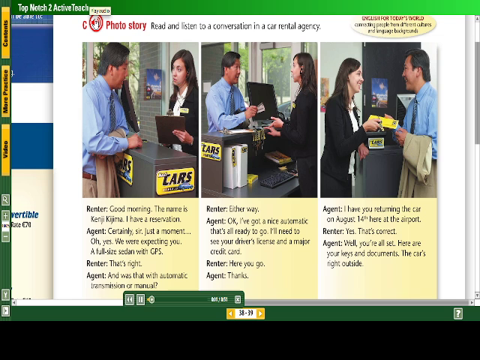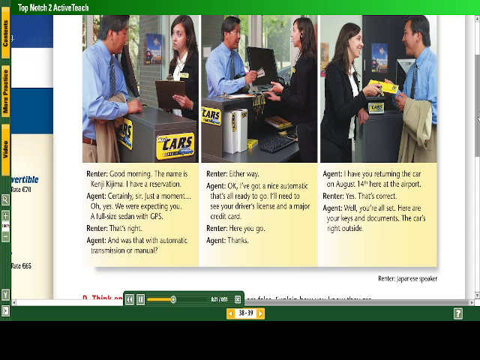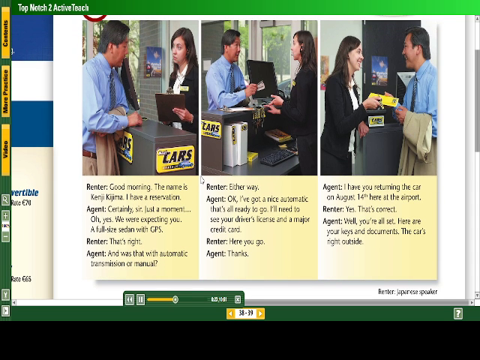Page 39. Exercise C. Photo story. Read and listen to a conversation in a car rental agency. Good morning. The name is Kenji Kijima. I have a reservation. Certainly, sir. Just a moment. Oh, yes, we were expecting you. A full-size sedan with GPS? That's right.